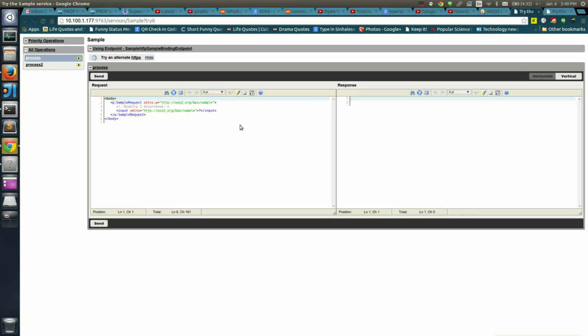As I showed you in the diagram earlier, we are creating the first instance by sending the input parameter AAA to the process operation. Again, to create the second instance, we send the input parameter BBB. To complete the instance, we send the second instance ID, which is BBB, to the process2 operation.